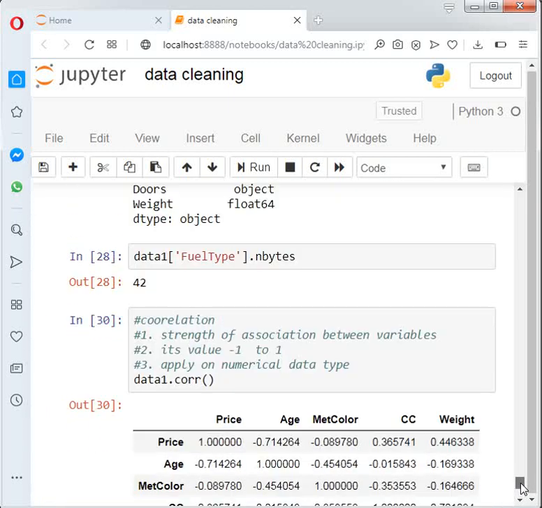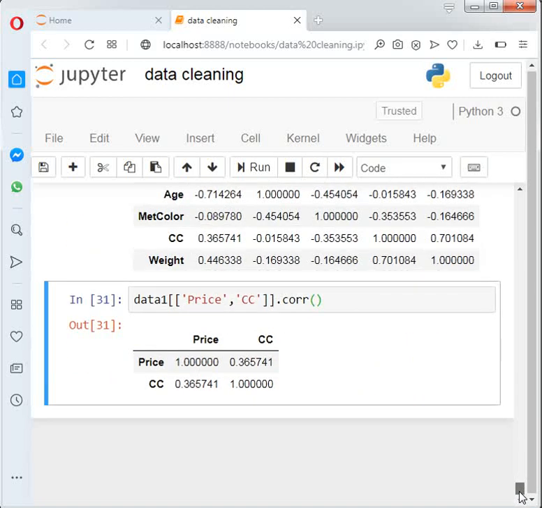So dear students, today we discussed correlation, converting data types, and the difference between category and object data types. This is the whole thing regarding data cleaning. In the next lecture I will explain the crosstab function.